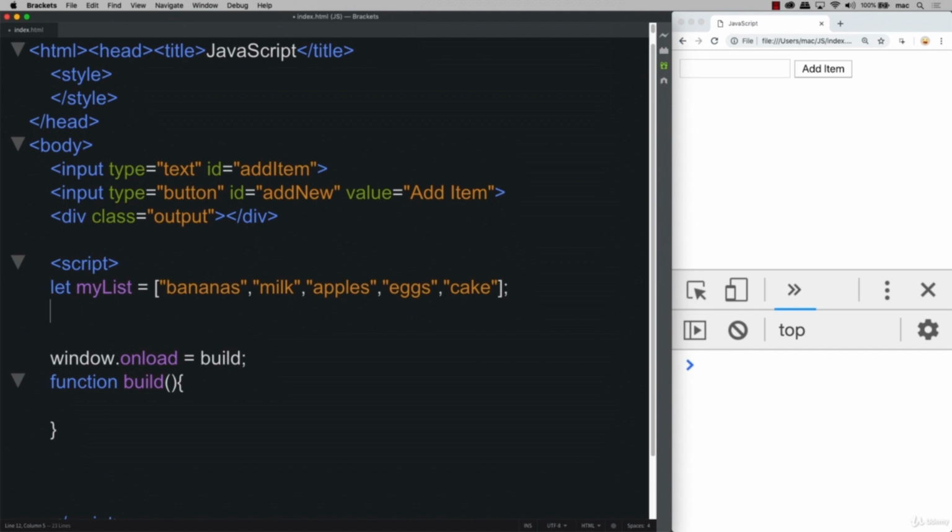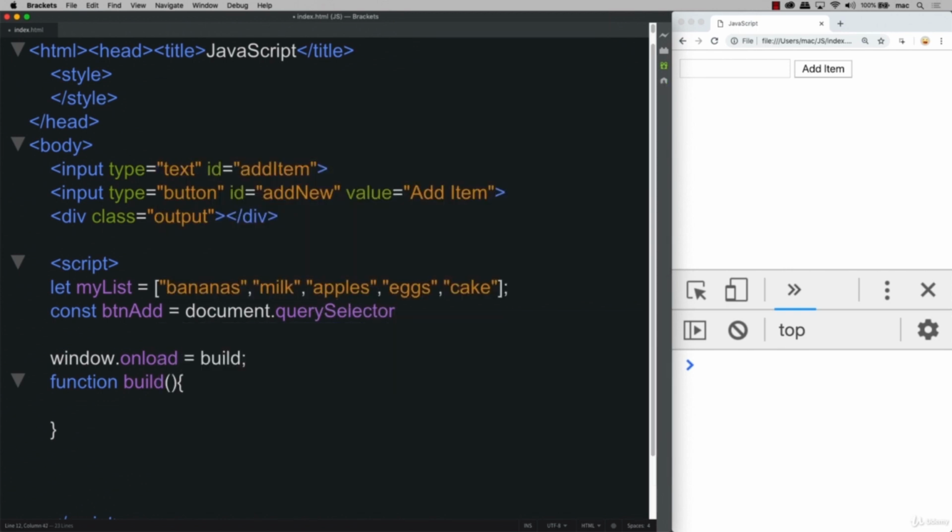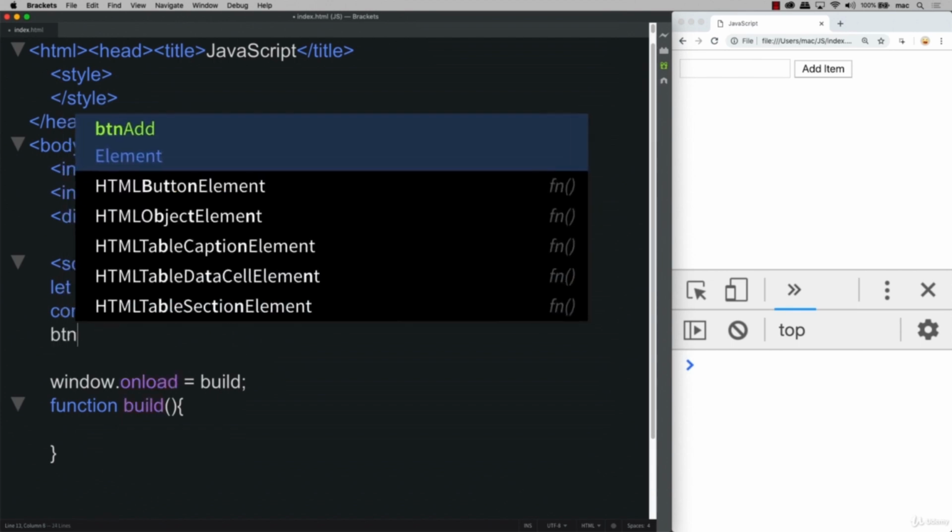So we've got a button. I want to make that button active. So setting up an object called const button, BTN, and I'll just call it button add. And then documents, query selector. So we're selecting that element object, the button. And that's the one with the ID of add new. So we're using ID this time in order to select that. And let's make that button